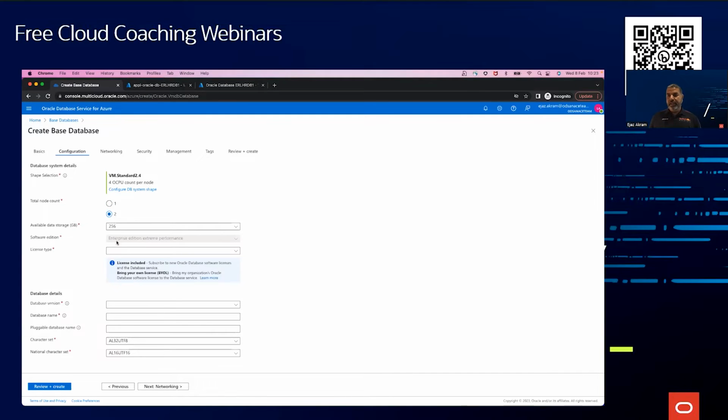As you saw here, once I selected 2, the software edition automatically went into Enterprise Edition Extreme Performance, because that's what you need for running RAC. However, if I change to single node option, in the drop down, you have got options to pick up either Standard, Enterprise, or just a High Performance Enterprise Edition. So for now, we're going to go for 2,